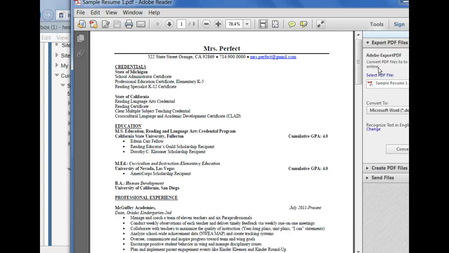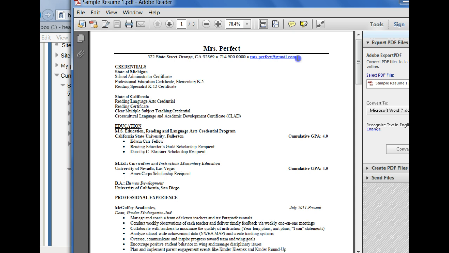Again, make sure there are no errors on your resume. That is a big turnoff. I'm also not a fan of clip art. That isn't very professional looking. Now, your contact information should be very clear at the top, and it is very nice if you have a consistent heading for your cover letter.